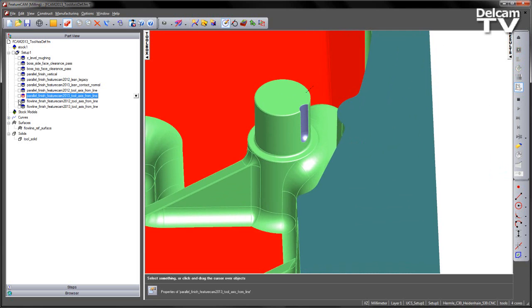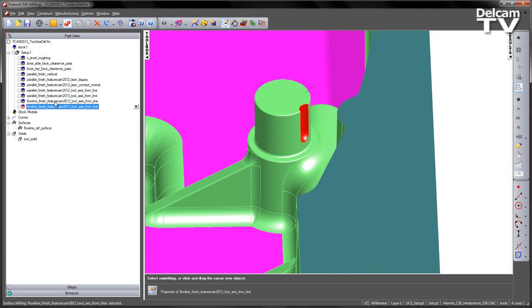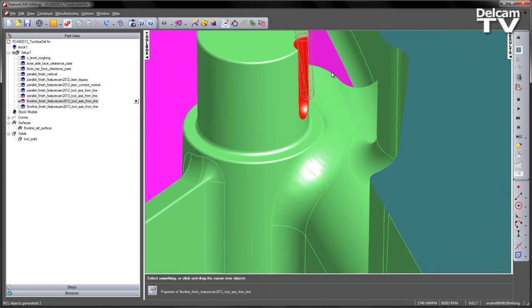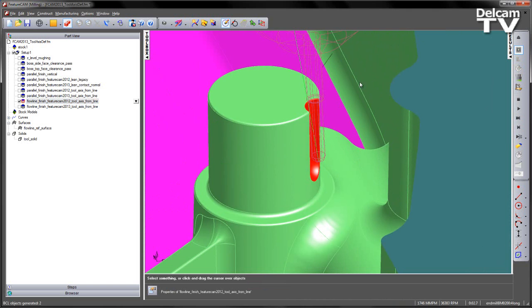The final one we have is a couple of flow line type toolpaths. So again, just highlighting, these use a flow line reference surface. If we look at the first toolpath and do a centerline simulation, so we're using a tool axis, and again we're using a line,